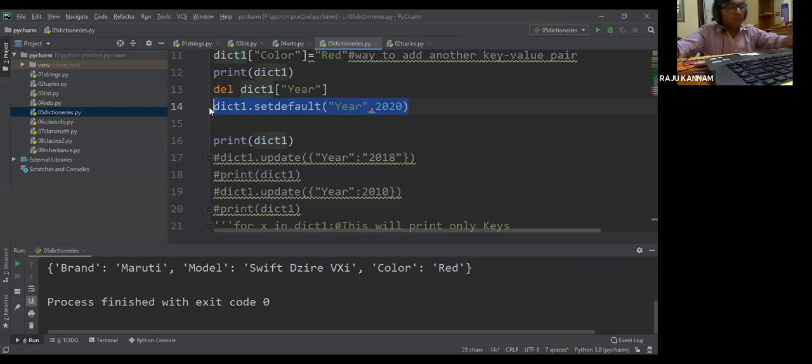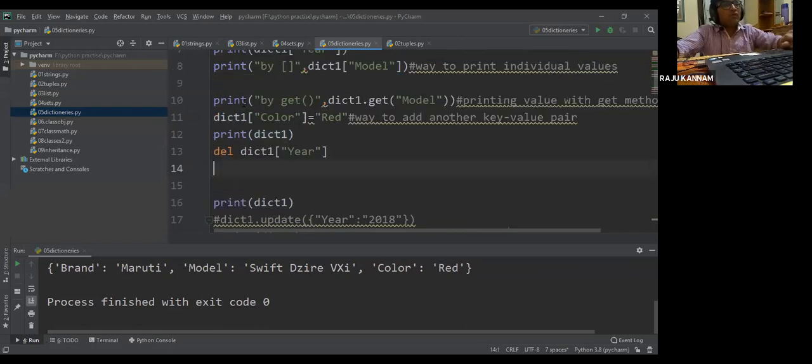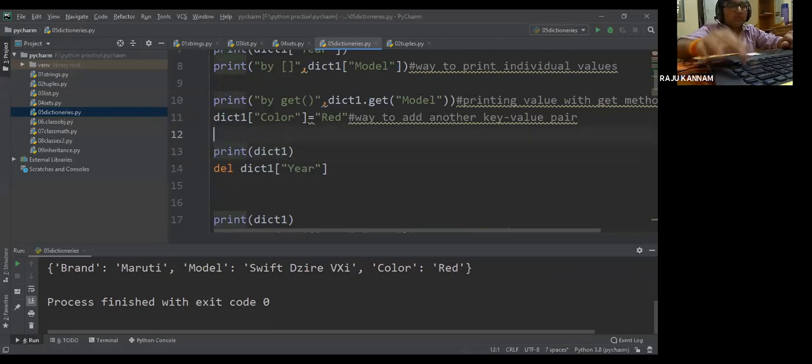See here, I'll add it before this. The setdefault function will set the key. What is the name of the key? Year. Its default value is 2020. Even if you have deleted the year key, it will print the default value.